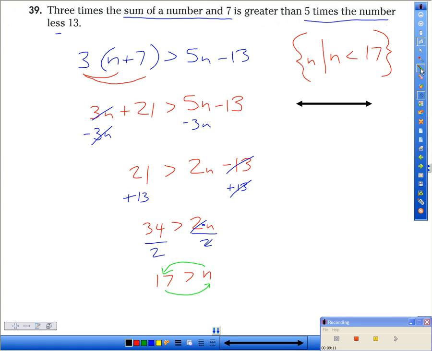I'm going to just find the number we see in our solution set, which is 17. I'm going to mark our number line and label it with a 17. We know that n has to be less than 17. It can't be equal to 17, so that tells us that we need an open circle on 17. And then we're going to shade everything that's less than 17, so that'll be everything to the left of 17